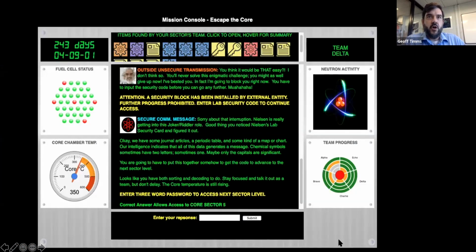So the new mission console has 2 main areas. On the left and right, we have infographics indicating the progression of the scenario. Much like in the original game, we have a countdown timer and a temperature gauge. We also have a team progress diagram showing where each team is within their progress through the research station. And then we have a fuel cell status indicator, each team being responsible for shutting down one fuel cell cluster. So we can see how the overall game is looking.